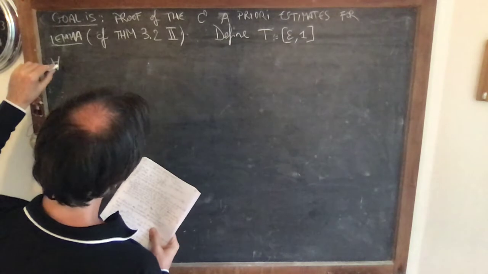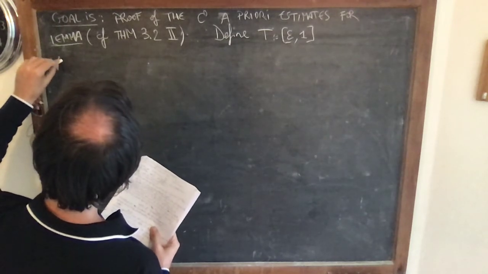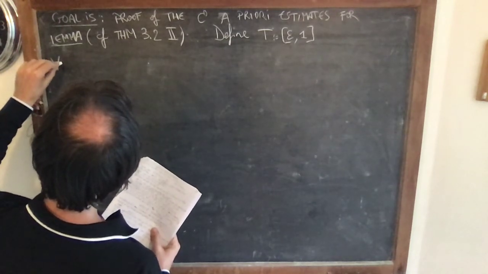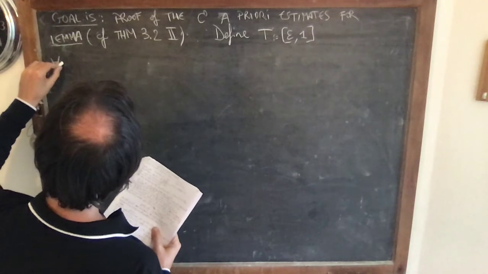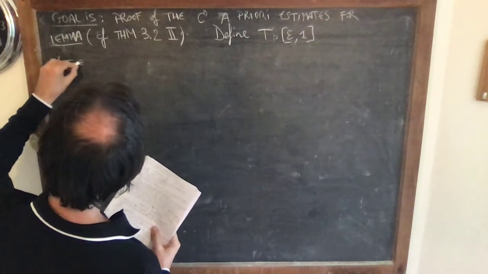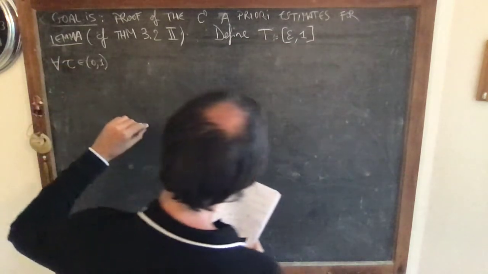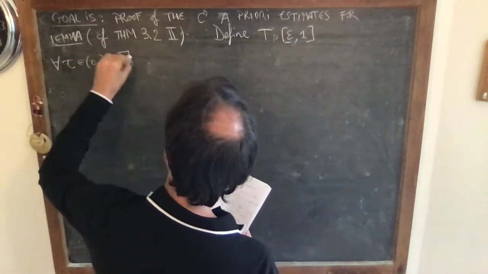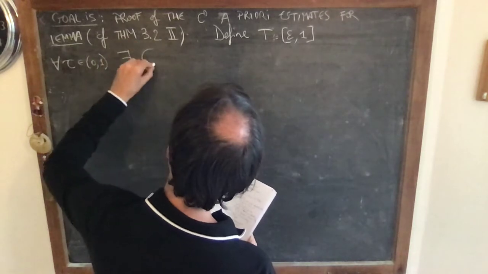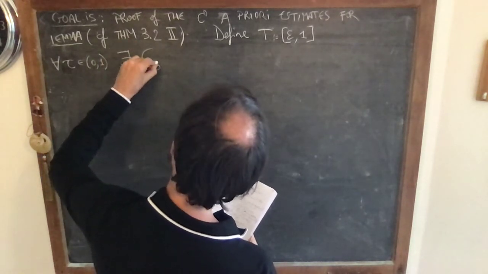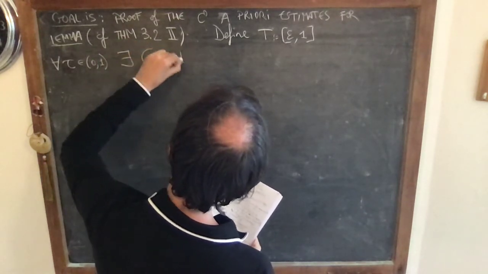For every small tau between 0 and 1, there exists a positive constant C3.6 depending